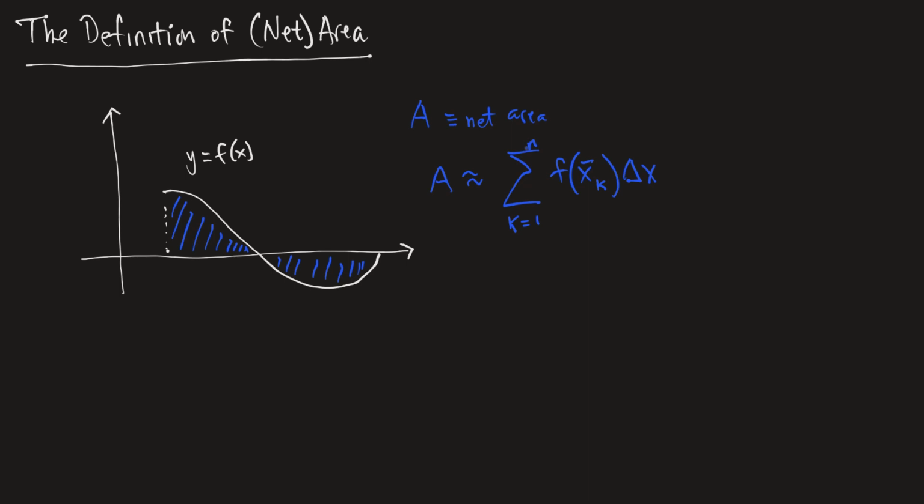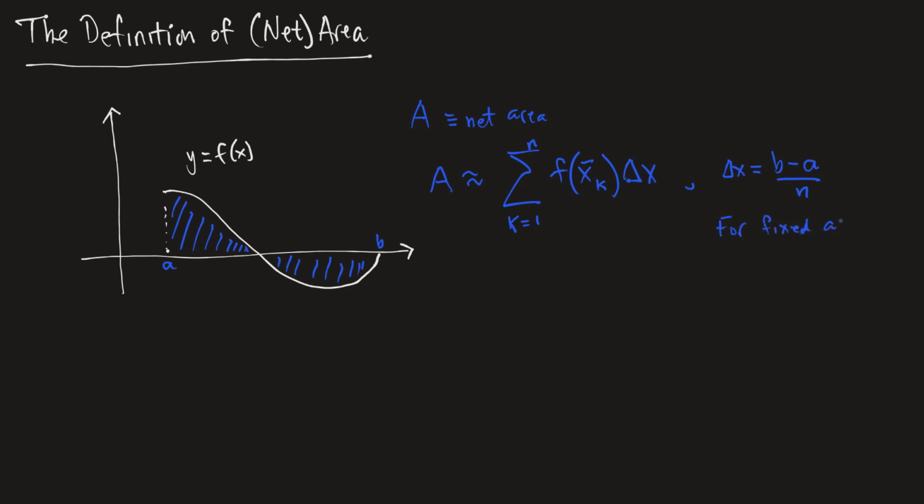If we were to increase the number of subintervals, which is our n, that would in turn make delta x get very, very small. Because remember what delta x is. Delta x is b minus a over n. Well, what is a? A is this number here. It's fixed. B is this number here. It's fixed. So for a given function over a given interval, if this denominator gets very, very large,